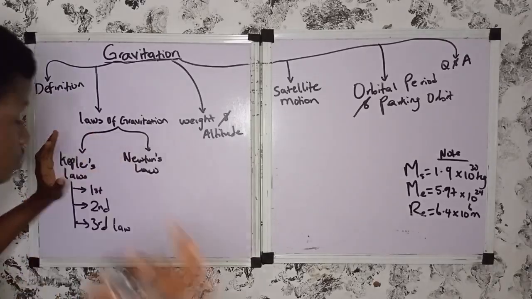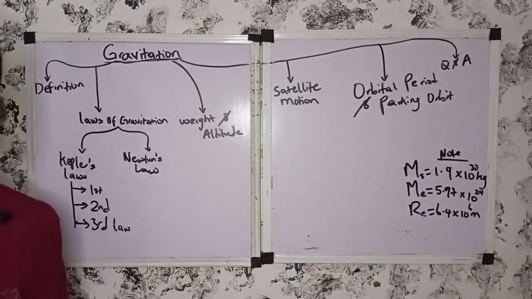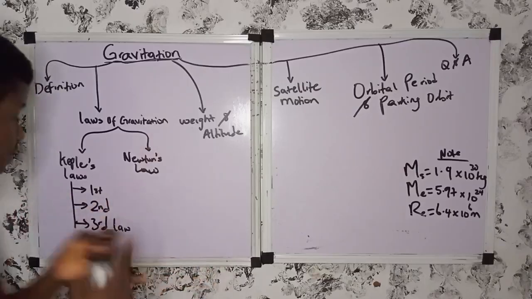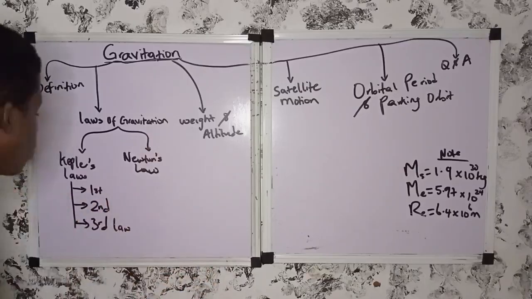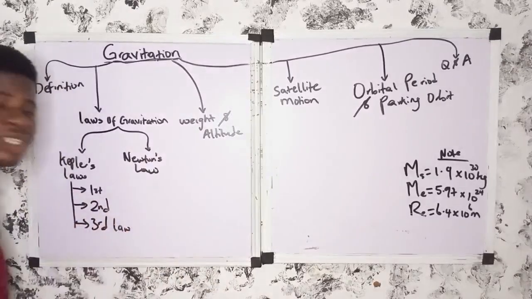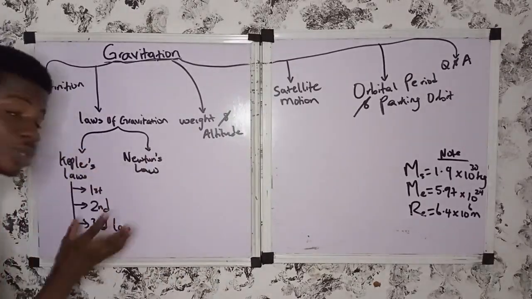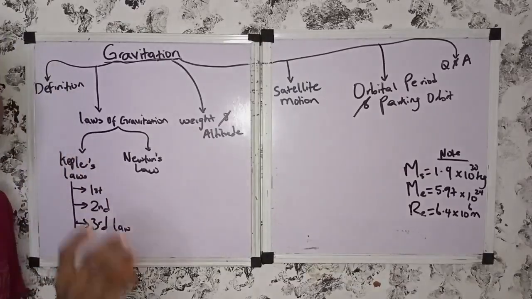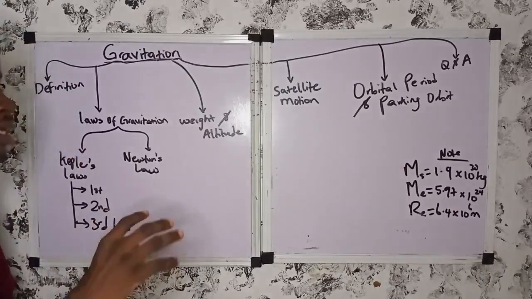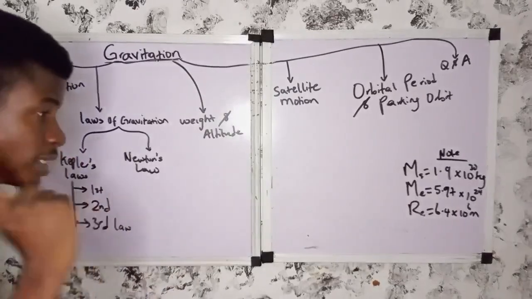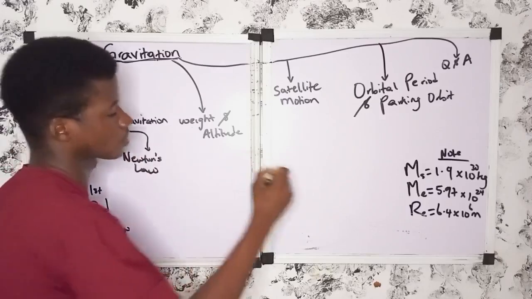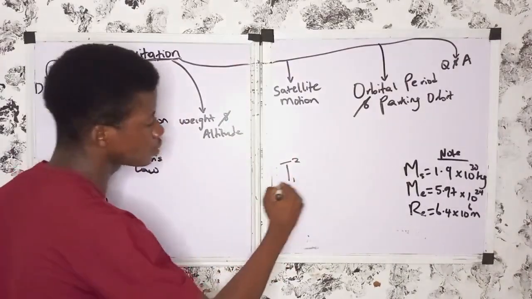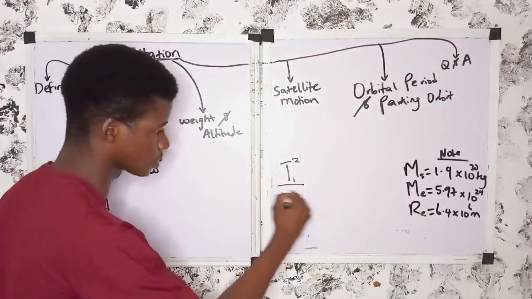We have Kepler's laws, and we also have Newton's laws of gravitation. Kepler's laws are 3: the first law, the second law, and the third law. The third law is very important, because there are a lot of calculation questions from this aspect. Kepler's third law states that the ratio of the period